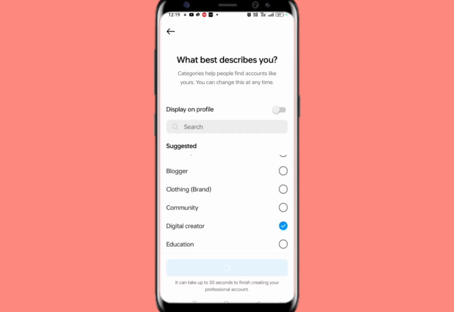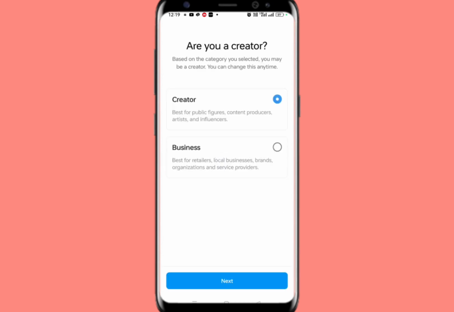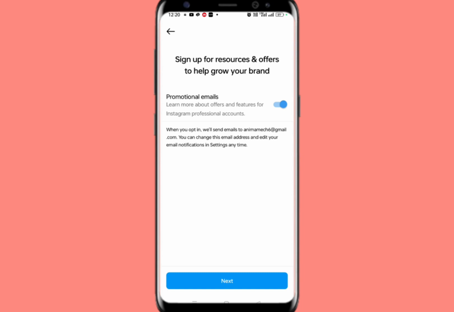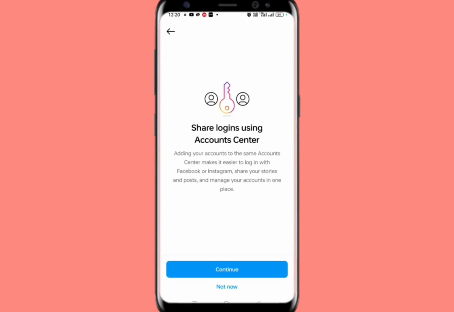Just click on OK, and then just hold on for 30 seconds. Now this type of interface will pop up. If you are a creator, just click on creator, and if it is your business, just go for business. I am a creator, so I click on creator, then click on next. Then just click on next, and here you see share login using account center. If you want to share it, you can click on continue, but I recommend you click on